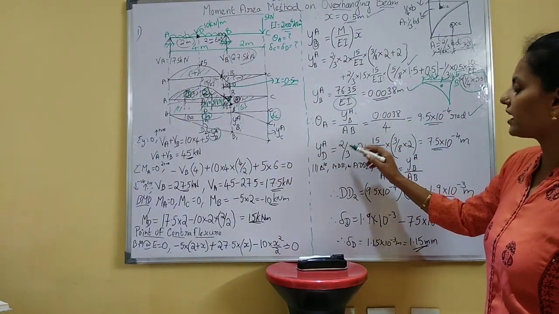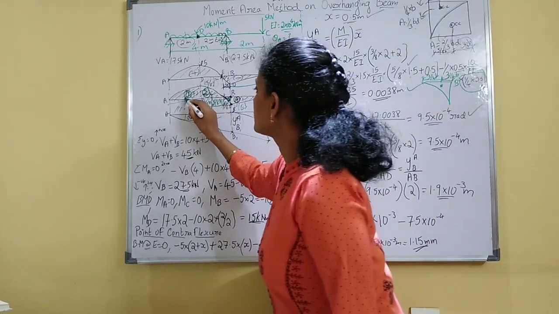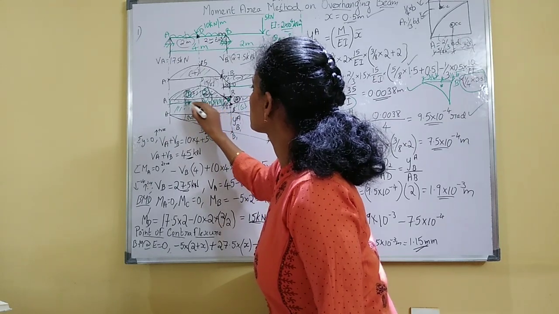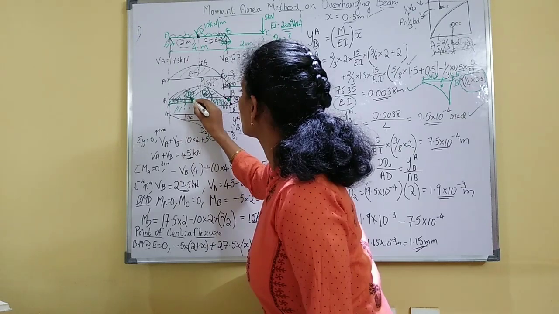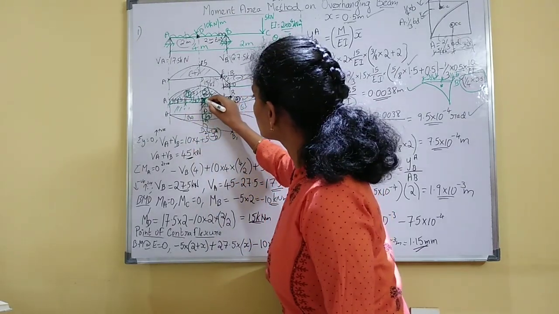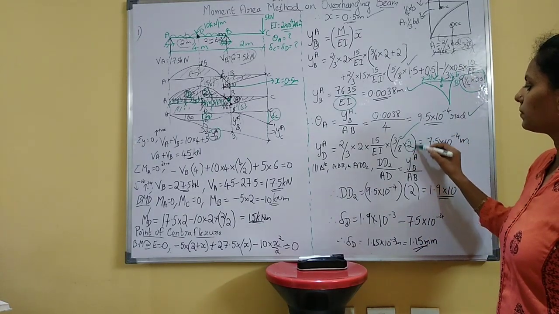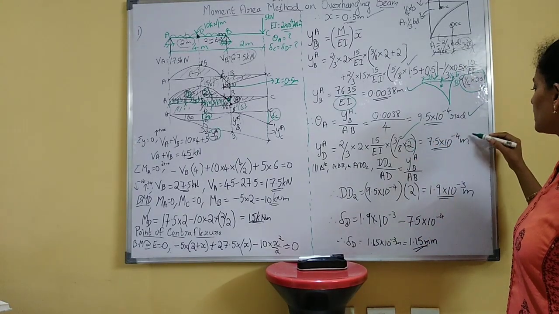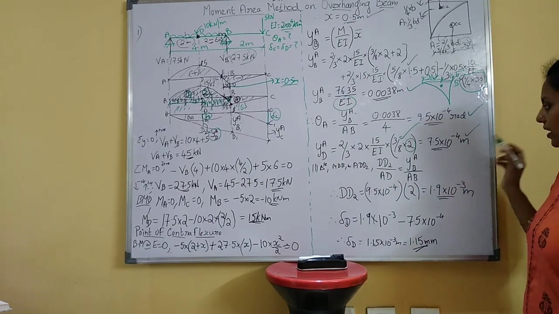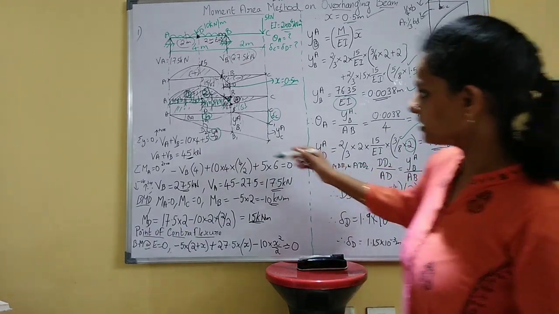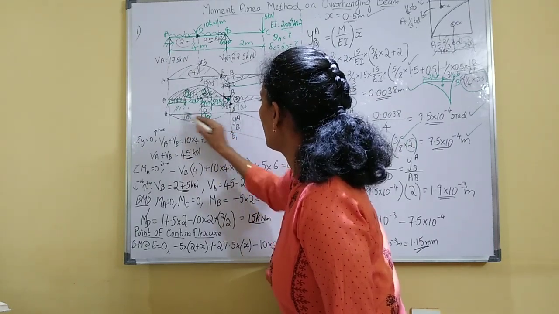Just write it. Area is 2/3 of B into D, 2 into 15 by EI, into the distance. This is the centroidal distance. From here it is 5/8 of B, from here it is 3/8 of B. You want it now with respect to B, so it is 3/8 of B. B is 2 meter. Just substitute EI and get the value of YDA, that is 7.5 into 10 power minus 4 meter. Next, consider this similar triangle. Triangle 1, this part and the whole part.